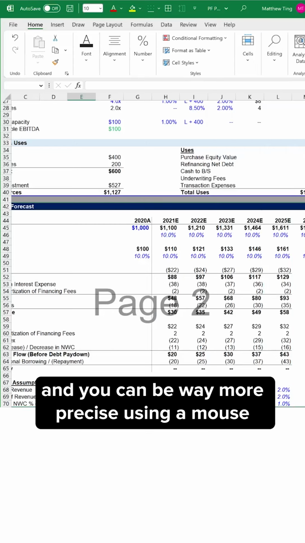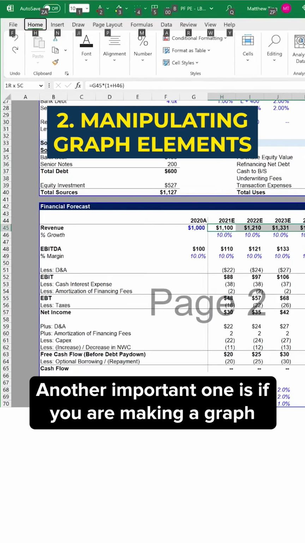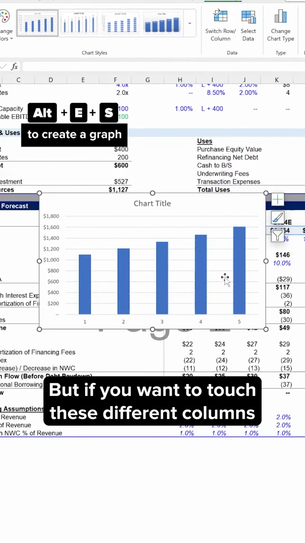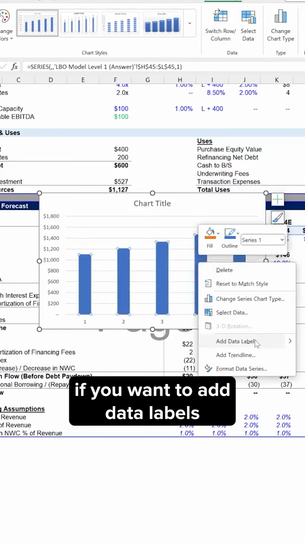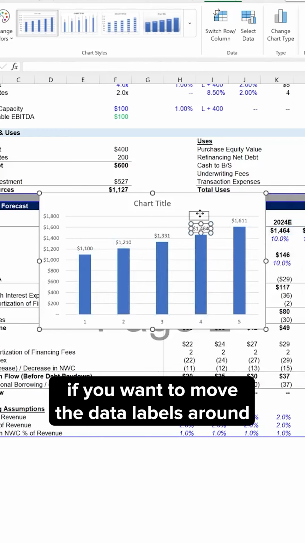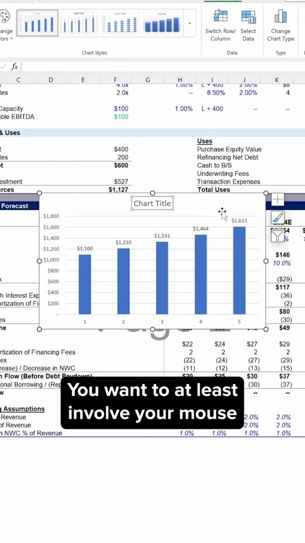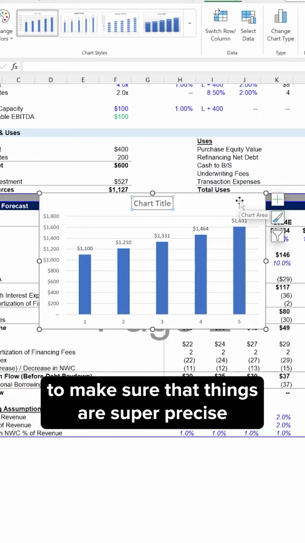precise using a mouse. Another important one is if you are making a graph. Now you can activate the graph with your keyboard, but if you want to touch these different columns, if you want to add data labels, if you want to move the data labels around, you pretty much need a mouse. For almost everything graph related, you want to at least involve your mouse to make sure that things are super